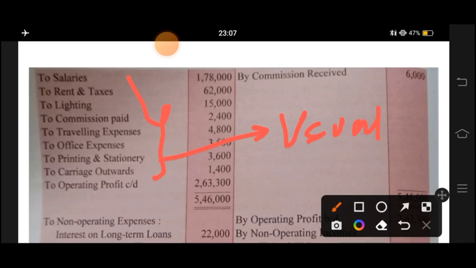इसमें से हम जब क्रेडिट के ग्रॉस प्रॉफिट और कमीशन के टोटल को लेस करते हैं, then we found the value of operating profit. Ultimately the value of operating profit was valued at 2,63,300. इसके बाद इस ऑपरेटिंग प्रॉफिट को आगे लेकर के हम चलेंगे इनडायरेक्ट इनकम और नॉन ऑपरेटिंग इनकम और नॉन ऑपरेटिंग एक्सपेंस की ओर. तो अगर जो ऑपरेटिंग प्रॉफिट की वैल्यू हमने फाइंड की है, उस ऑपरेटिंग प्रॉफिट की वैल्यू को